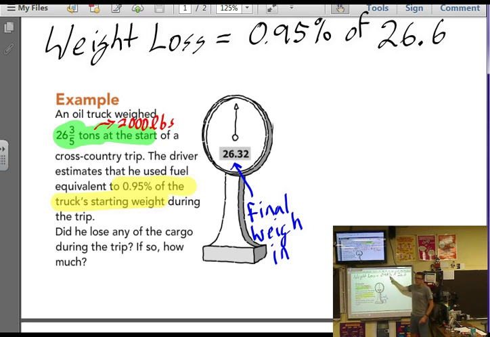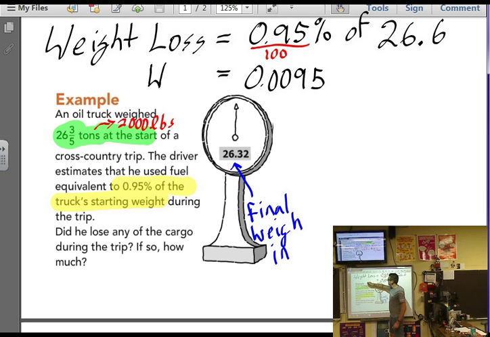So before I can do the math, we have to make sure we convert to our decimal form. Remember that percent tells me to divide by 100. Now this is where people make their mistakes. We already have a decimal form value, and when I divide by 100, it becomes an even smaller decimal form. So be careful. This is going to be a very small number, 0.0095. My 9 looked a little goofy there. So we'll just abbreviate this WL for weight loss, and of becomes our multiplication,